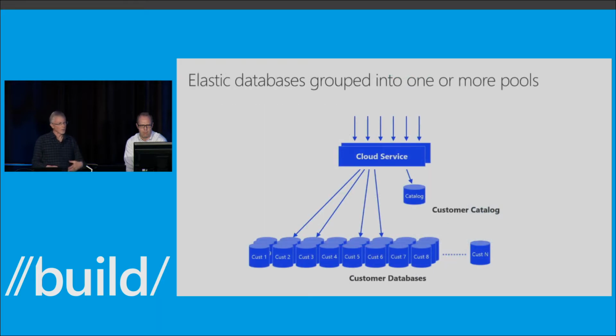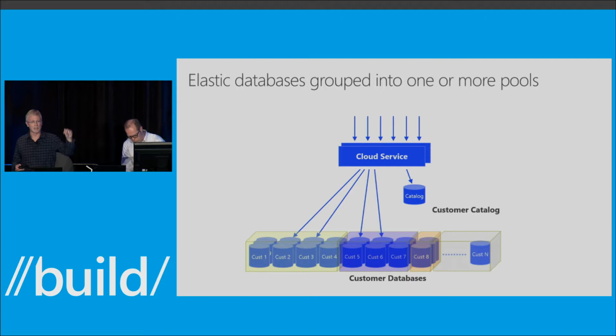From our architecture standpoint, what does this mean? It means we can put databases into pools. We can group them together and give them shared resources. The pools can be of different sizes, different types. I can give different bursting characteristics to different databases in each of those pools. In this way I can scale out to support the performance requirements of a large number of databases. But critical here is this bursting ability between effectively 0 and 100 DTUs,